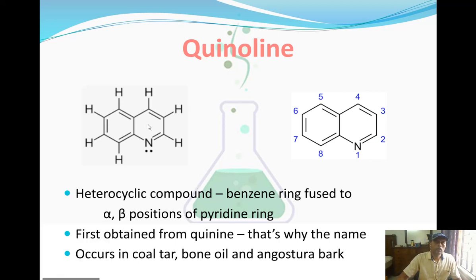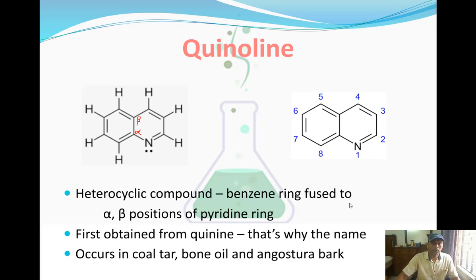Okay, this is the alpha position, alpha to the nitrogen. This is the alpha position, right? And if this is alpha, this carbon is the beta position to that nitrogen. So the fusion of benzene and pyridine is at the alpha-beta position